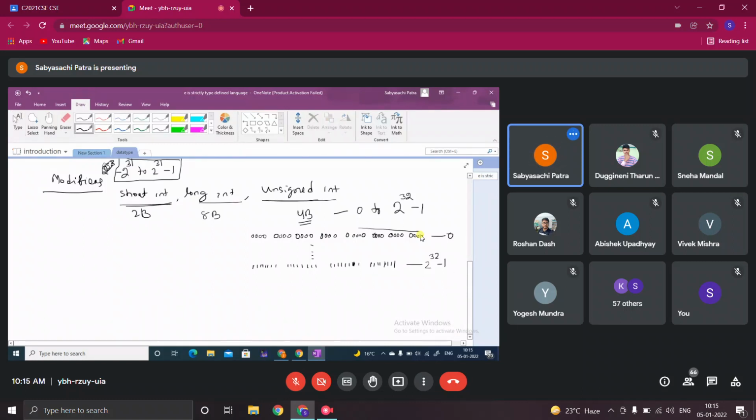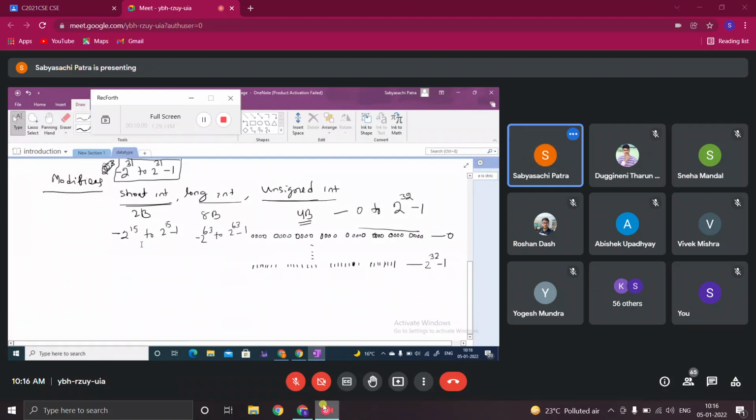But short integer and long integer are both negative as well as positive. That means for short, the value will lie between minus 2 to the power 15 and 2 to the power 15 minus 1. For long, the value will lie between minus 2 to the power 63 and 2 to the power 63 minus 1.